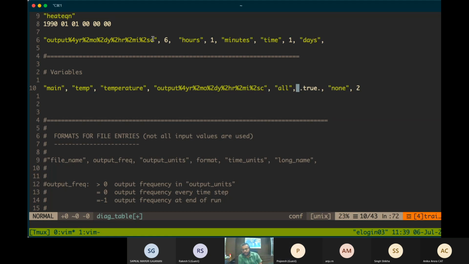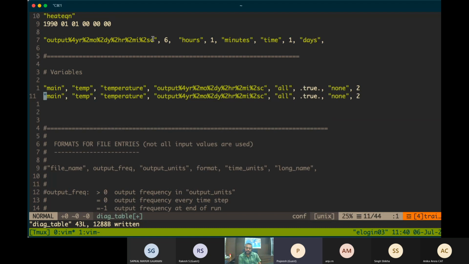Okay. Here you can give all, or maximum, minimum, and so on, by which you can get maximum values and minimum values in a time period. If you put true, it will give you an average field. If it is false, it will give you a snapshot.